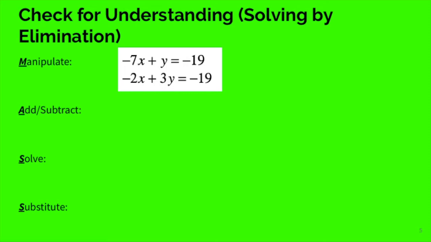So take a minute and try this one on your own. And when you're ready to check your answer, you can unpause the video. If you solved it on your own and you're ready to check your answer,